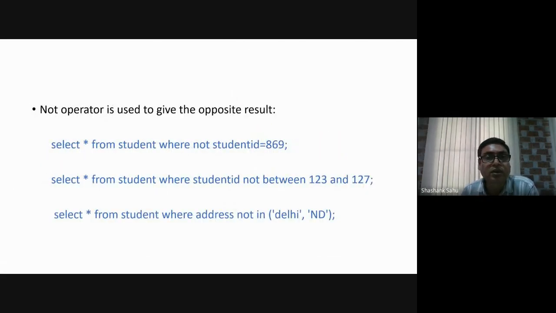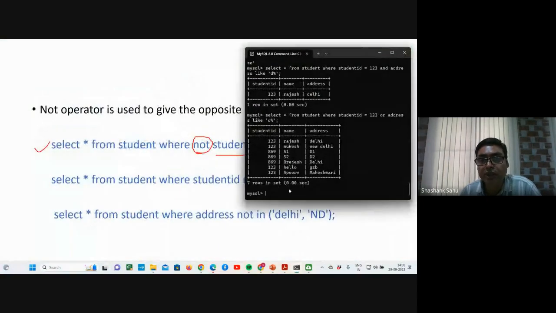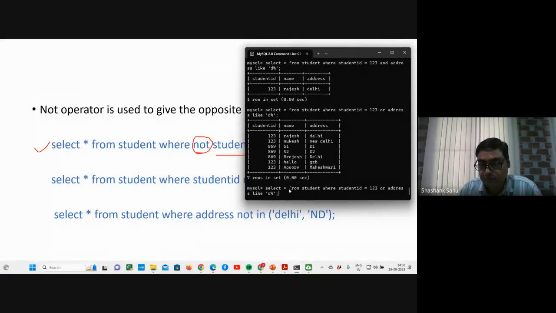Next, we can apply the NOT operation also. NOT operation meaning is just the opposite of a particular condition. The condition is student ID equal to 869. So 869 will not be included. The remaining records will display in the query. Okay, so we have the query, and we can make the changes in the same query,